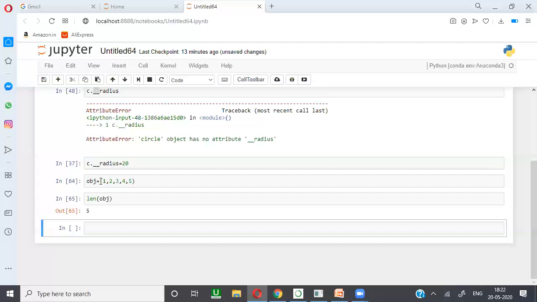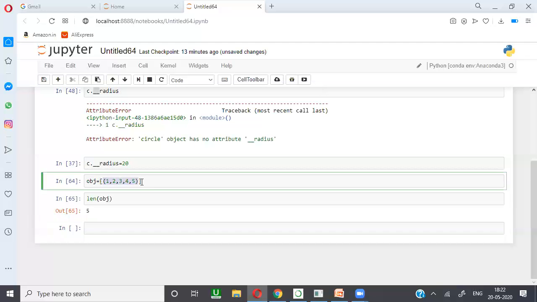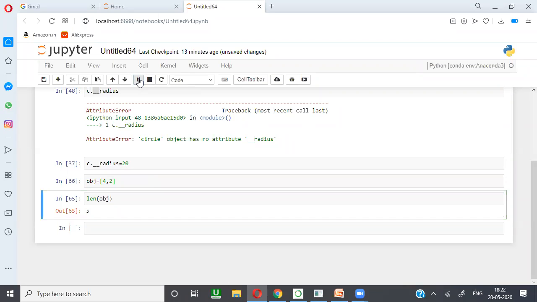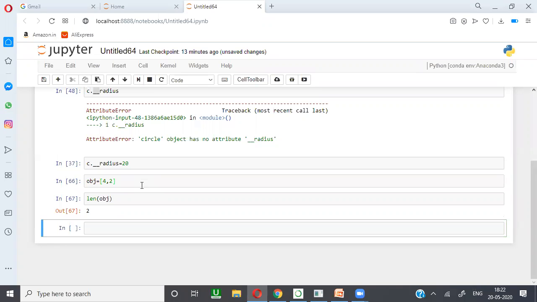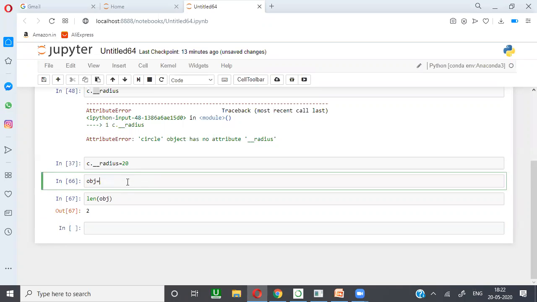Similarly, I am working with a list. The same method works for a list also. Similarly, I am working with a string.